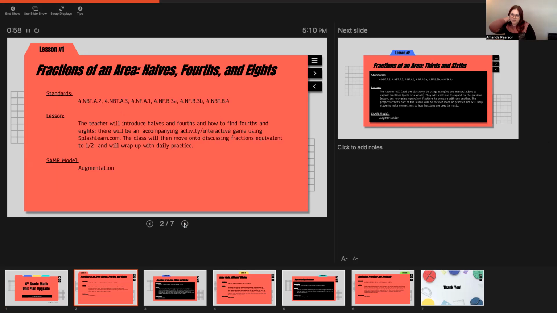So this was the fractions of an area, halves, fourths, and eighths. The standards are listed on the screen. Those were provided in the curriculum. So this lesson would focus on introducing halves, fourths, and how to find fourths, and eighths. And with this lesson, after the teacher-led instruction is provided, the students will jump into an activity using interactive games